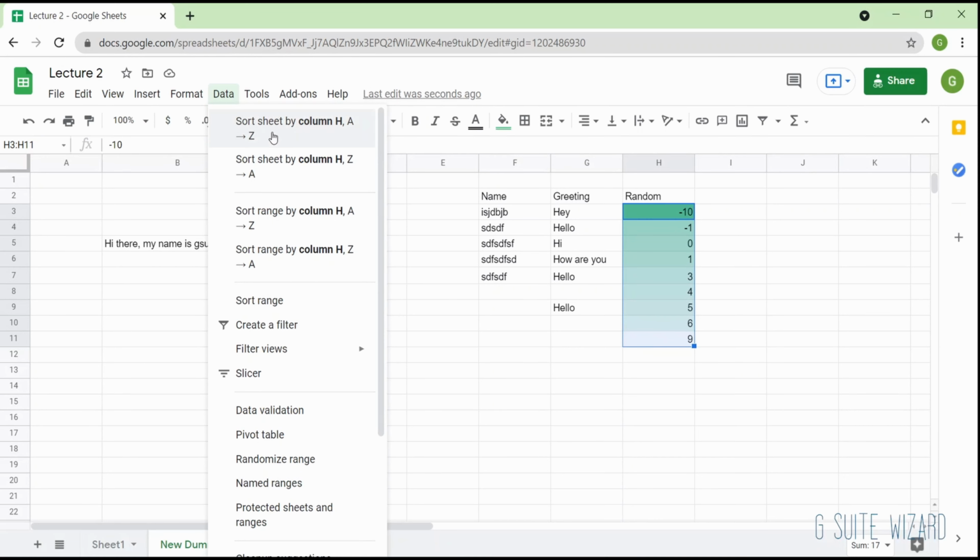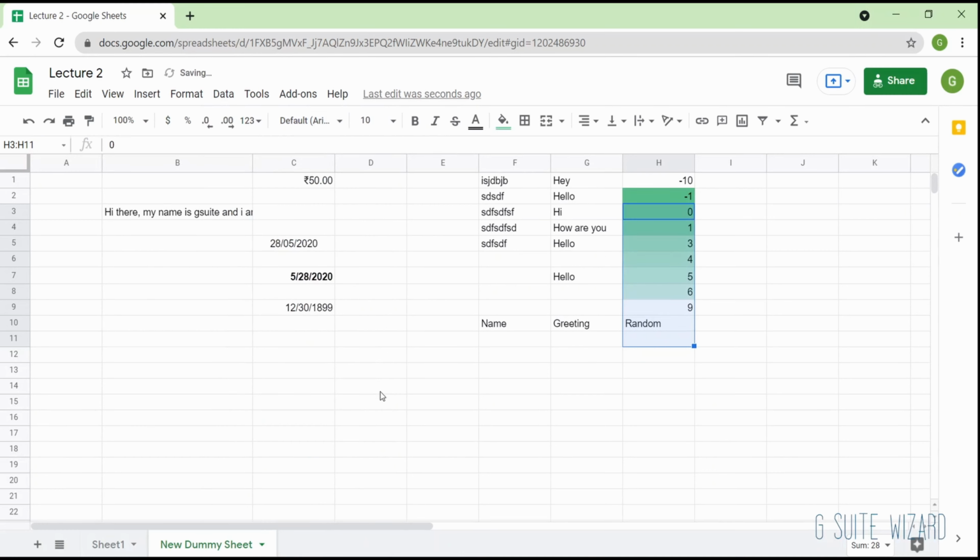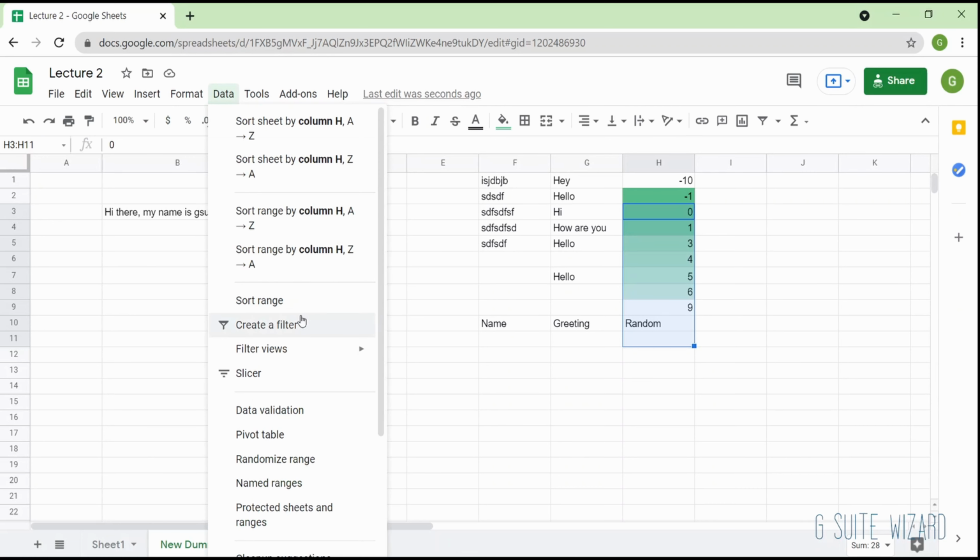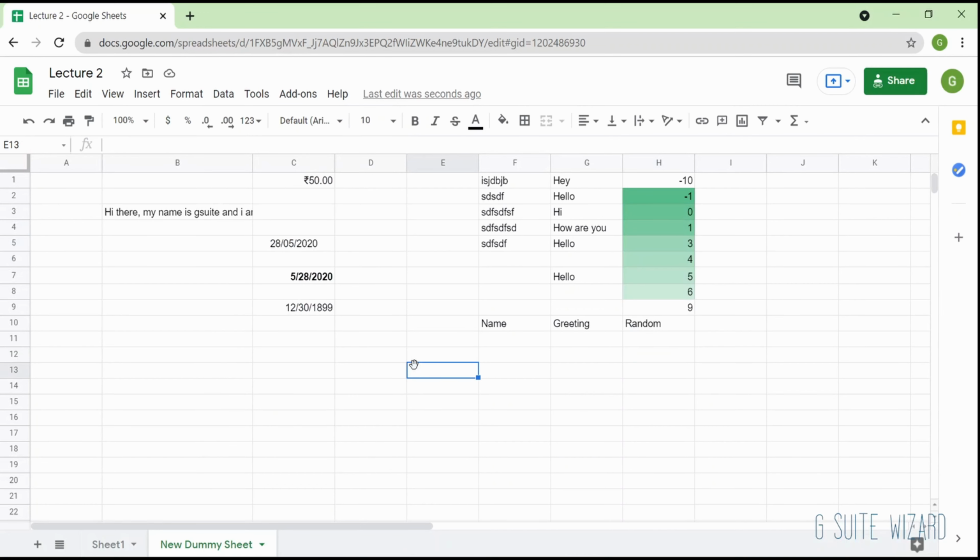If I say sort sheet by column H, all right, so you can see all of this has changed. It will change the rows according to this column. Then we can create a filter. Filter is one of the very important functionalities in Google Sheets. Let's say there is a data.